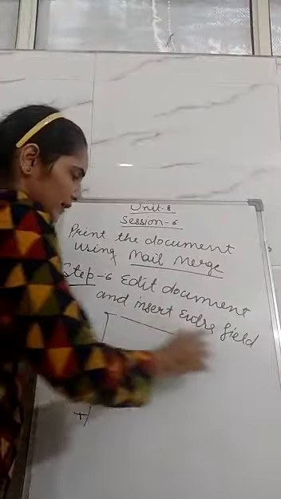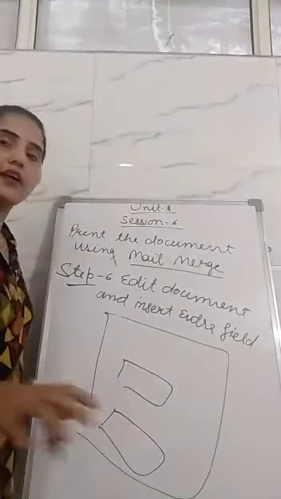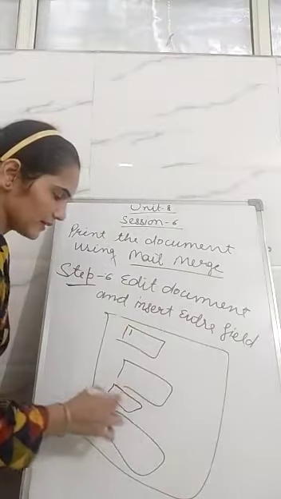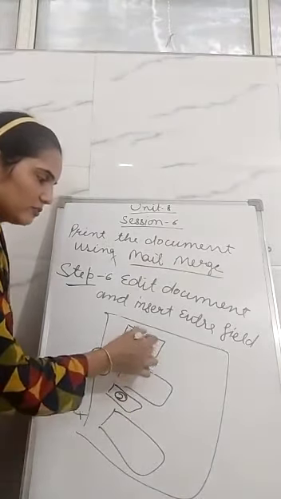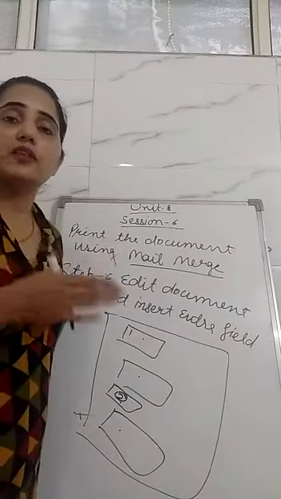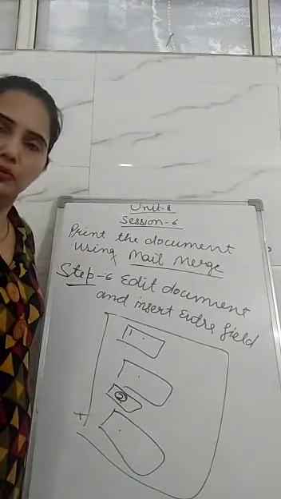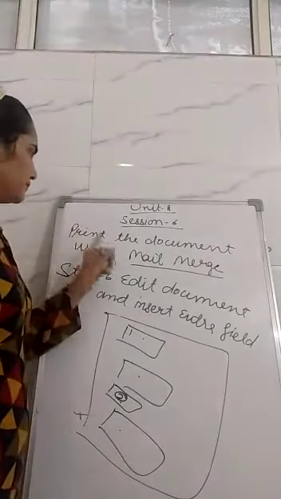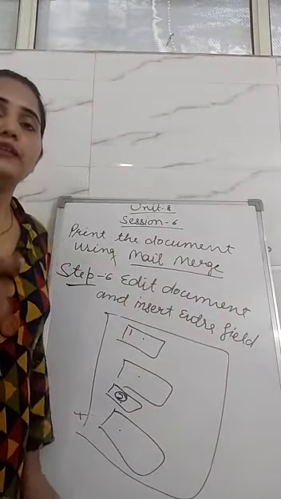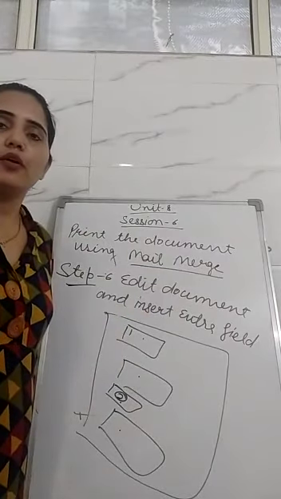into your main document. Suppose that this is your letter, and now you create 10 recipients. It fills the first recipient's detail here, then the letter, second recipient's detail, then the letter. You can simply take the printout of all this and you can post to as many users as you want to post. I hope the mail merge concept is clear to you. Now I will also show you on the laptop how you can perform all these operations in LibreOffice Writer.